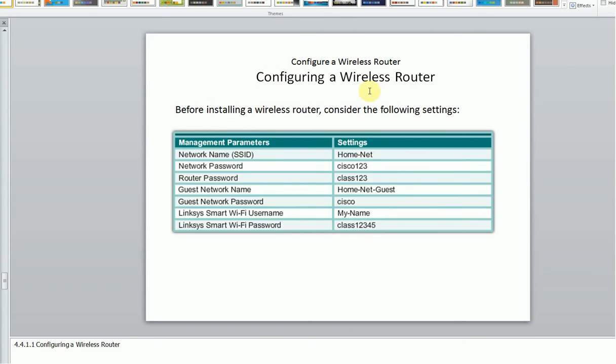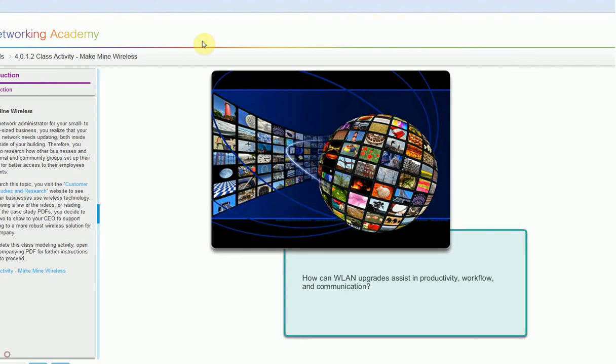When we configure a wireless router, we give an SSID, then a password. We can give two passwords: a password to connect and a password to configure, which is the admin password. I'll show you the basic setup.